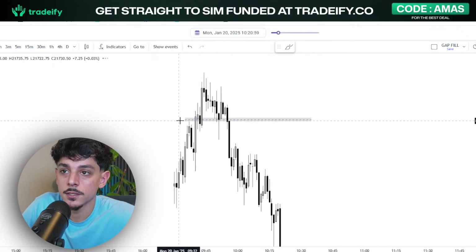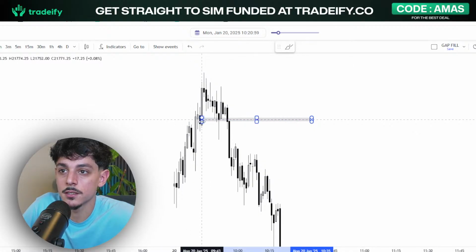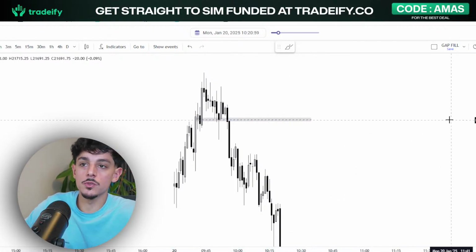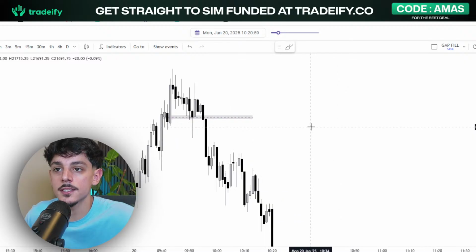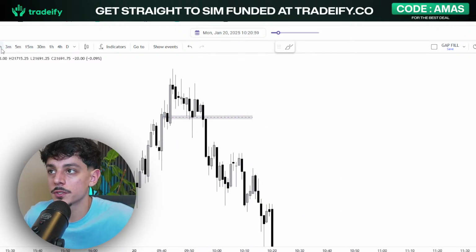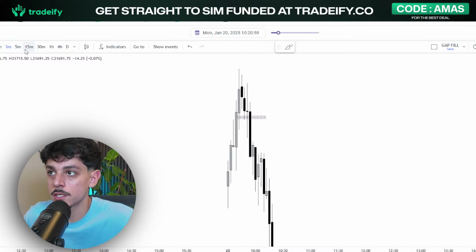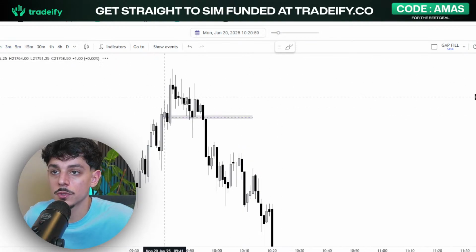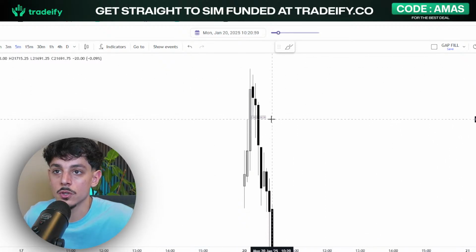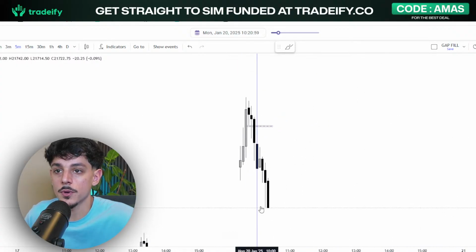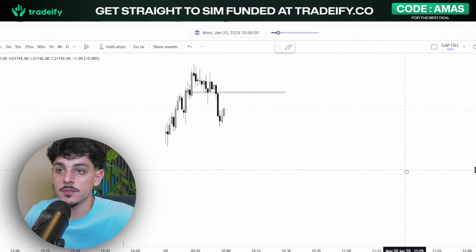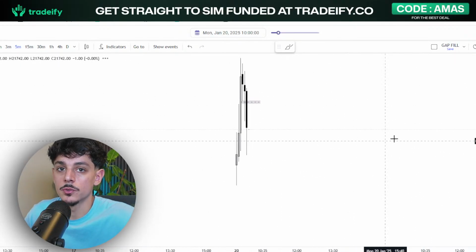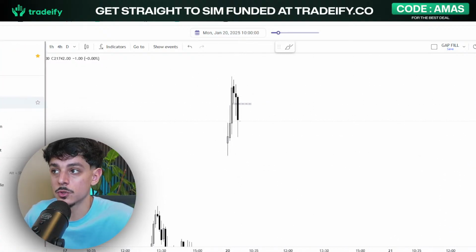So you see here, I kind of made a mistake. How can you journal that mistake though? You don't necessarily have to take the trade, but in this case, it's still a winner in some sense. So let's say here there was this 5-minute gap, so you couldn't really enter off of the 1 minute. So you needed to see that 5-minute candle close to have the confirmation that price would go towards the gap. So right here on this 5-minute close, you could have seen the confirmation to go short